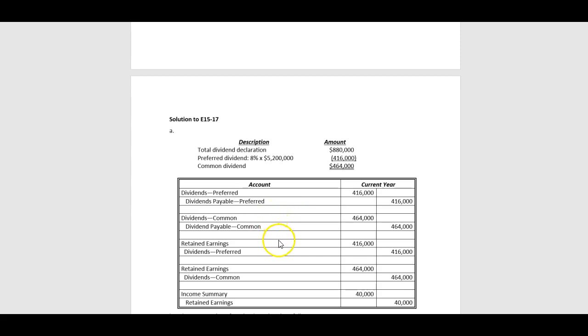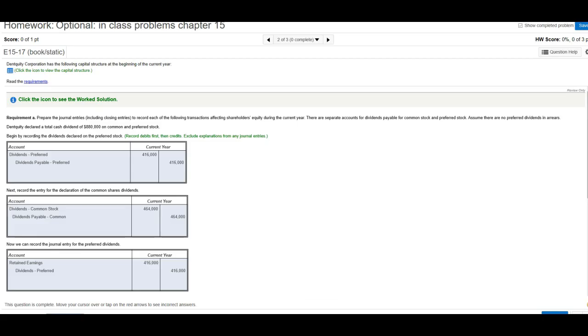In the next two entries, what we're doing is we're closing out the dividends accounts to retained earnings. So if you remember income summary, closing entries, we close out revenues, close out expenses, close out dividends, close out the income summary. So we're doing it in two different journal entries here. And then we go ahead and do the income summary to retained earnings for showing the amount of net income that is earned. Okay, switching back to our